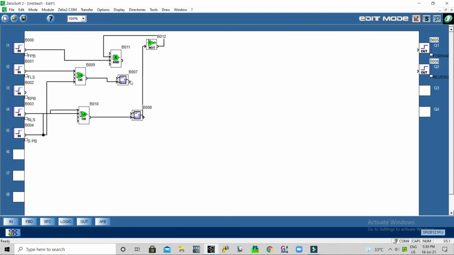Now this output we will connect to the AND gate and NOT gate.